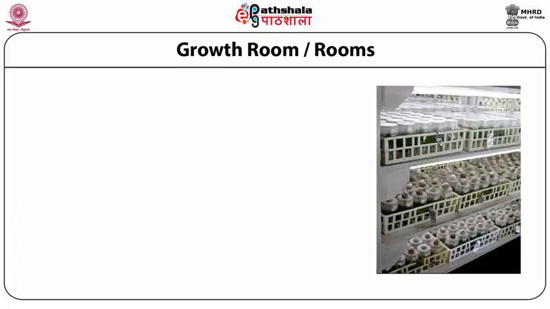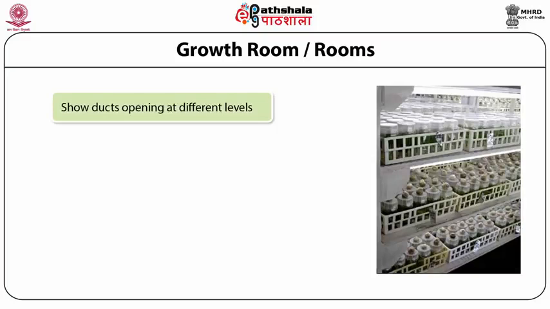Now, since you have to maintain uniform temperature, air conditioning alone is not enough. You'll find, even when you're sitting in a room anywhere, near the ducts the temperature is lower and at the farther end of the room the temperature may be comparatively higher. Cultures respond to temperature so much that you cannot afford that kind of discrepancy. Thus, the air-conditioned ducts open at the level of the shelf. You also ensure good circulation.